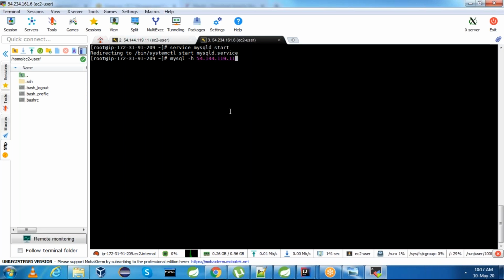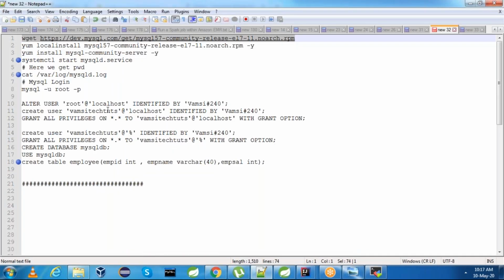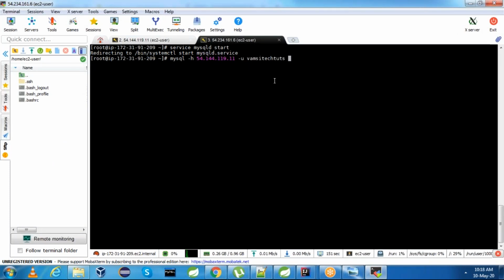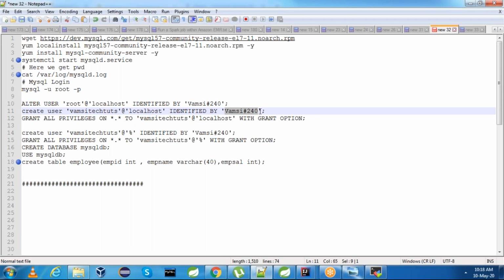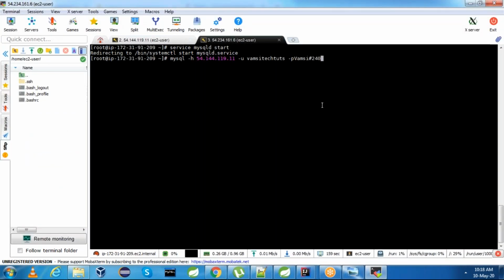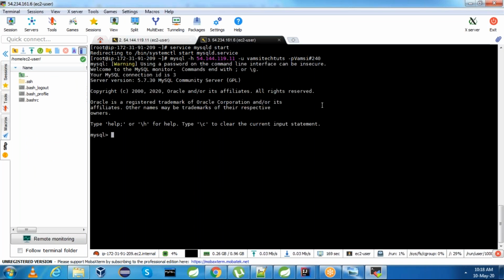This host name is nothing but the server IP of MySQL, -u. What is the username we have given? We have given this particular user, and -p we need to give the password. If we are able to connect, that means whatever MySQL server we created and whatever username and password we set are working fine. Now I am able to connect.